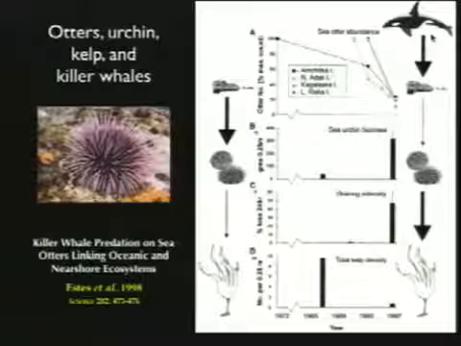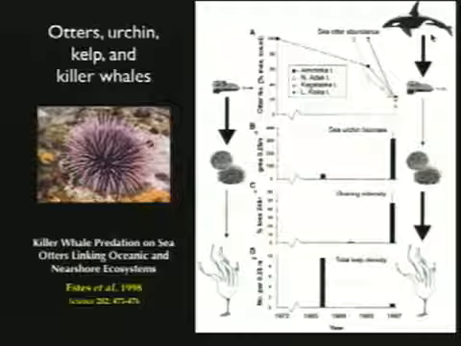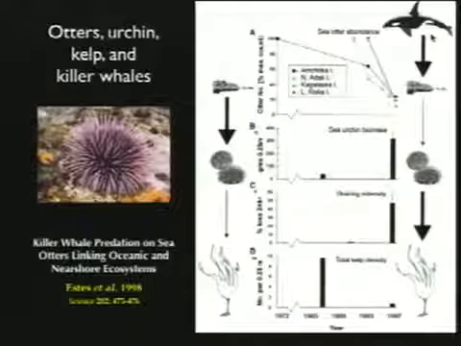This seemed to have been a case of just a couple of killer whales developing a taste for sea otters, where it wasn't a primary prey. They learned that they could catch them pretty easily if they snuck into the kelp forests, and it was a nice little cookie treat. Maybe you can't make a living on it, but you could snack on them. And the effect of just a few whales led to declines in sea otter abundance that cascaded to increases in urchins that led to collapses in kelp forest ecosystems. Really interesting phenomenon. I'll talk a little bit more about it when we talk about trophic dynamics.